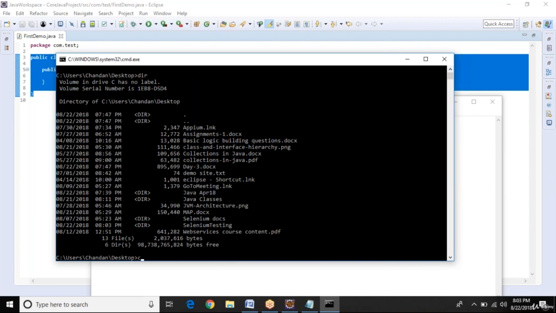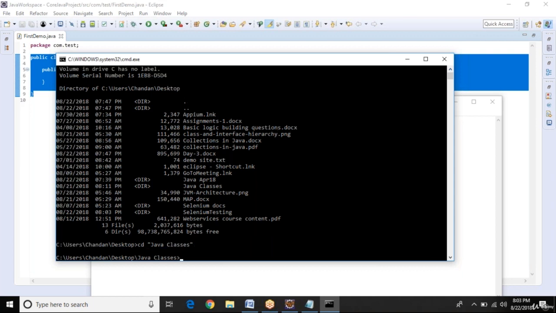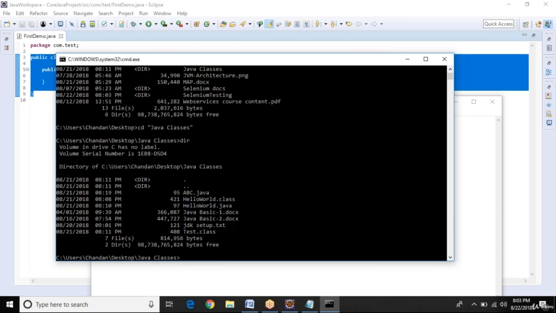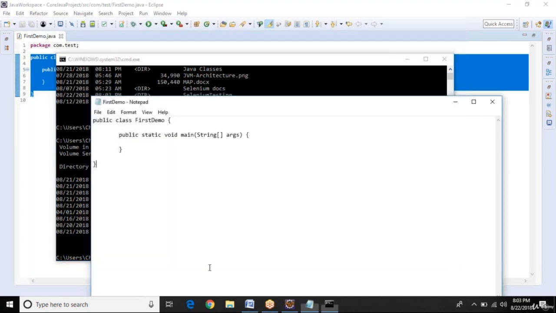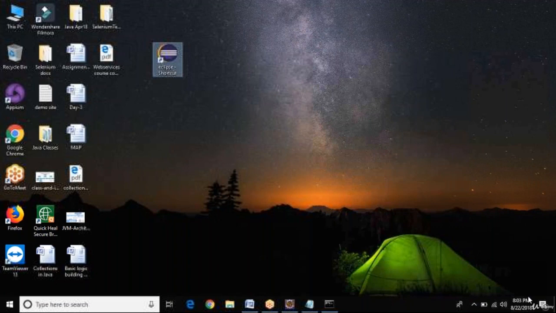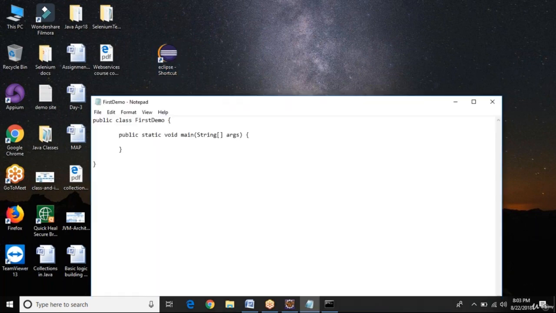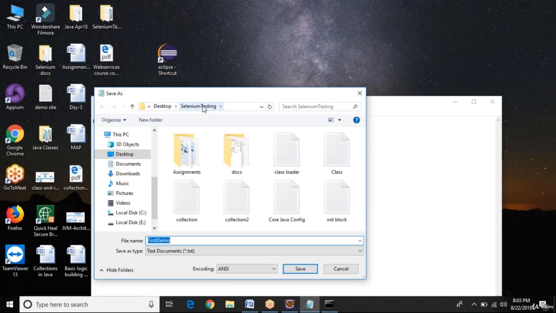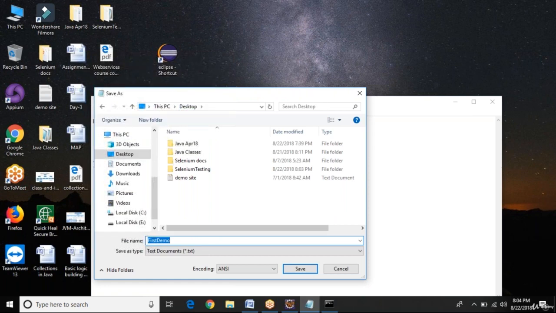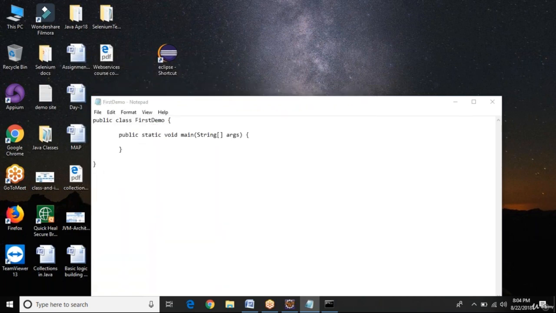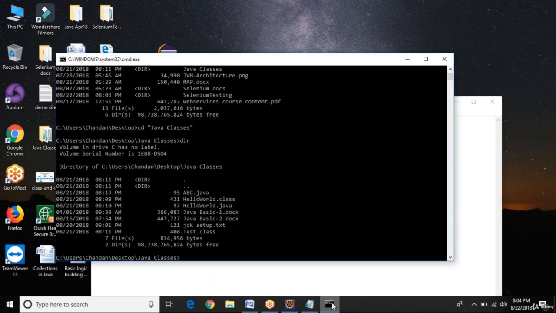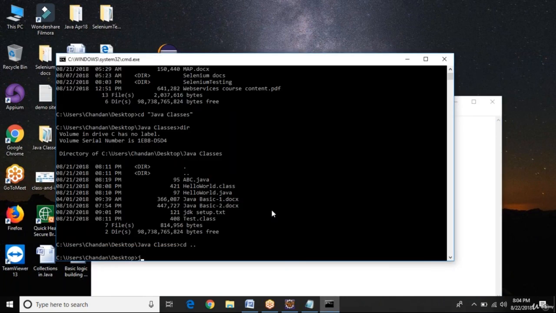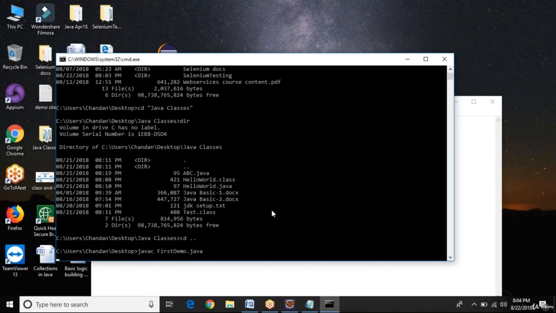I think I have copied this somewhere else. Let me save again, save as, in Selenium testing. So FirstDemo.java. Now I go to desktop and write javac FirstDemo.java. Now this program will compile.